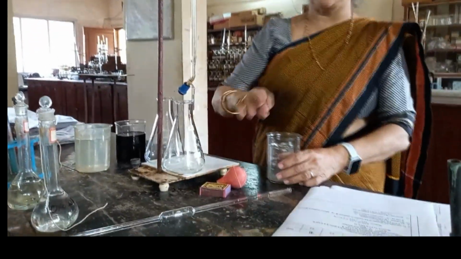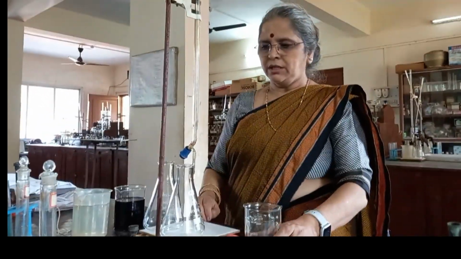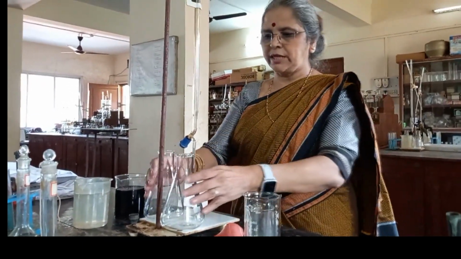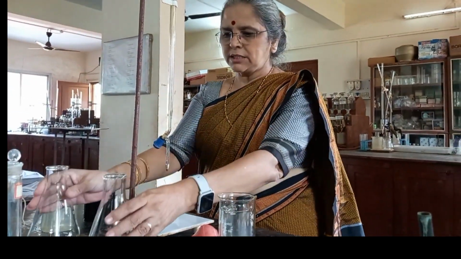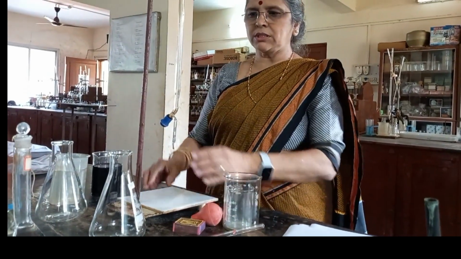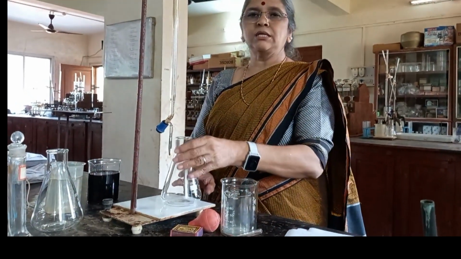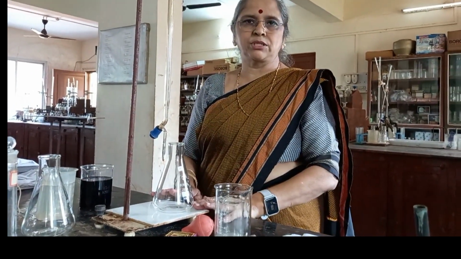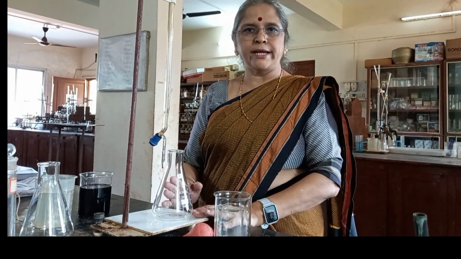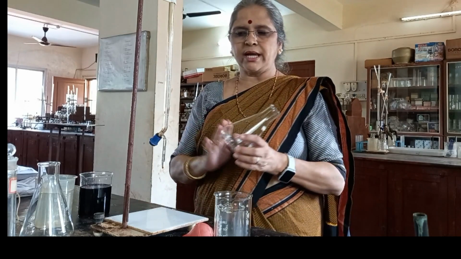These are all glassware. You need to handle them carefully so that there is no breakage. No breakage at all in the laboratory. So you have to work carefully. And there is a tile below this burette. This tile has a purpose, because in the conical flask the color change of the reaction mixture will happen. So in today's case, the color changes from colorless to light pink, because oxalic acid is colorless.